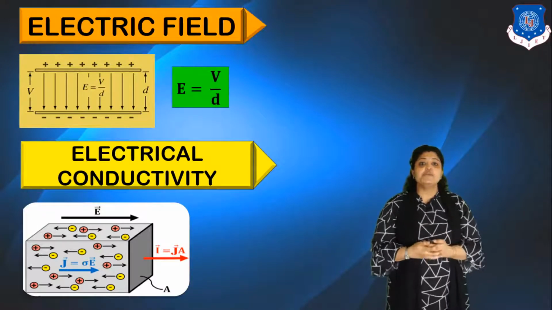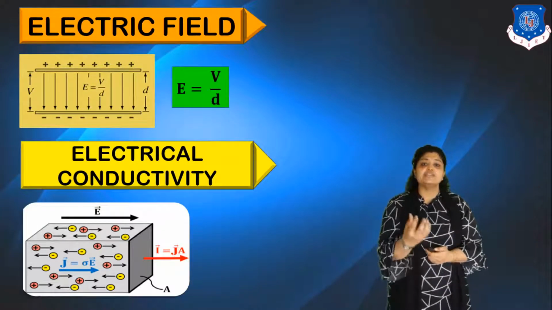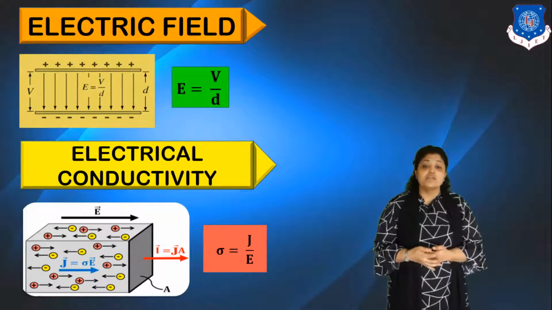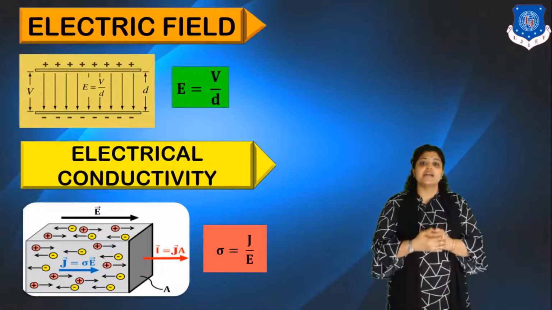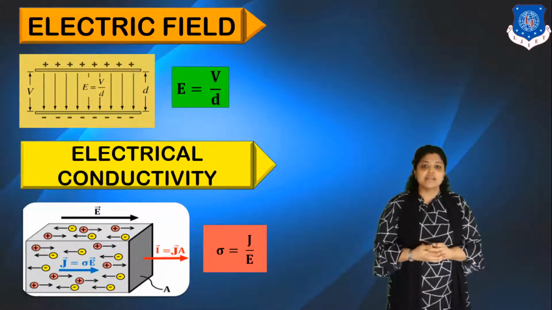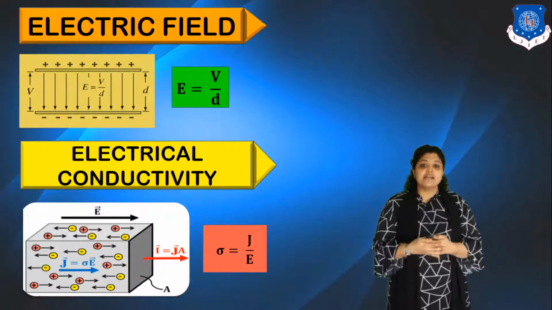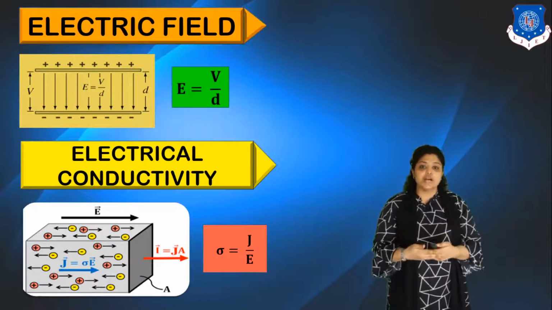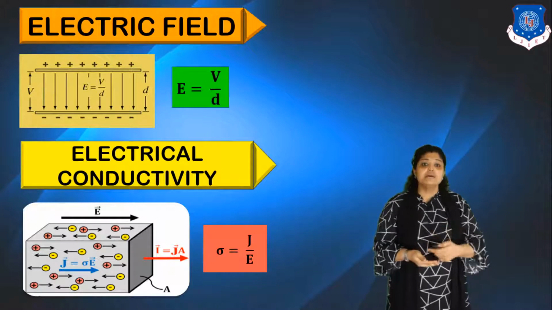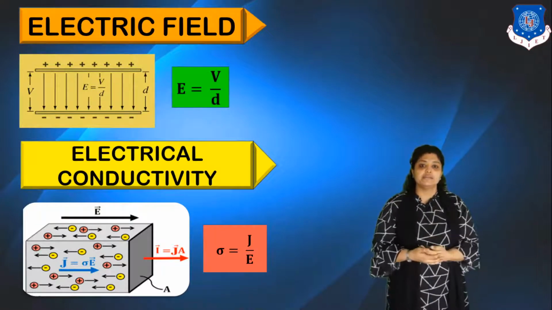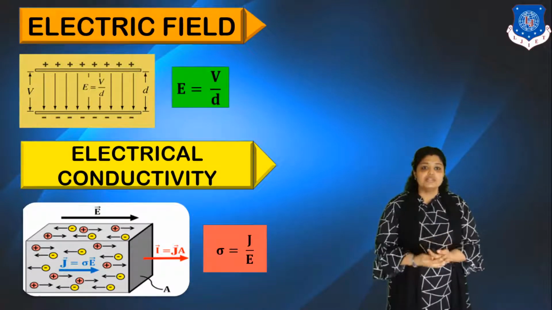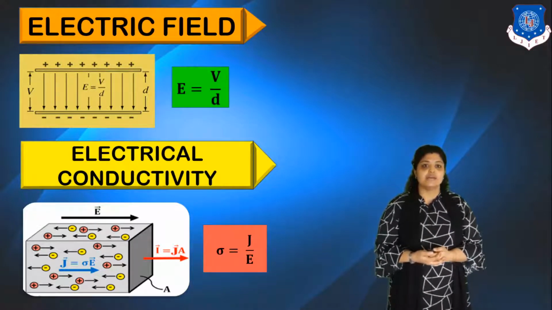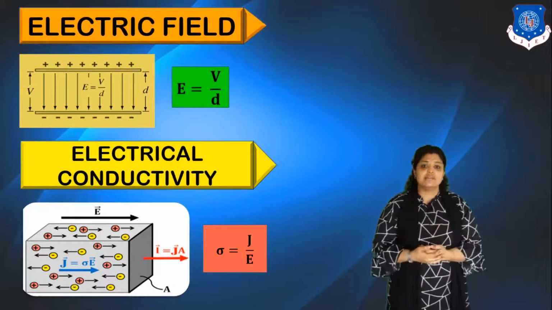There is a relation between current density and conductivity as J is equal to sigma E. So we get the equation: sigma, that is electrical conductivity, is defined as J by E. Or you can say electrical conductivity is defined as the flow of electrical charge per unit area per unit potential gradient, because E is known as the potential gradient or the potential drop. So this is how we define electrical conductivity. The unit of electrical conductivity is mho per meter.